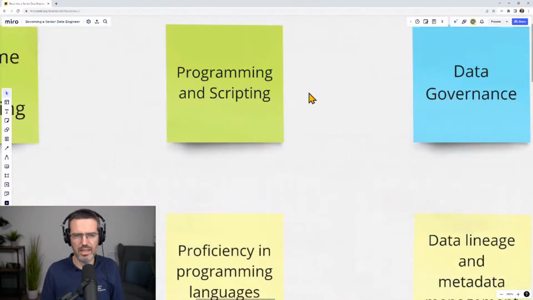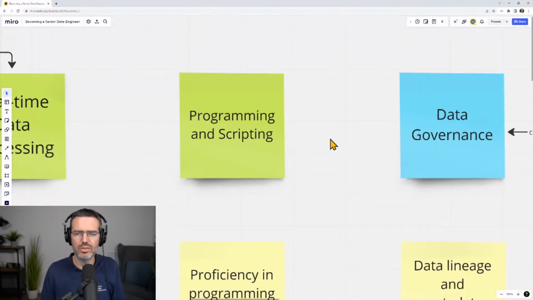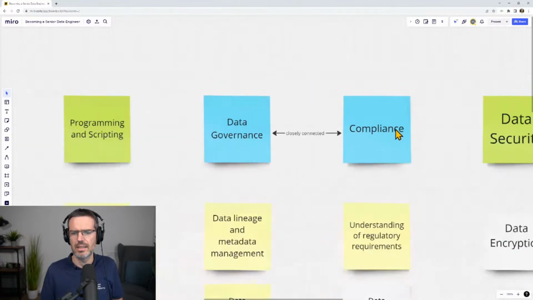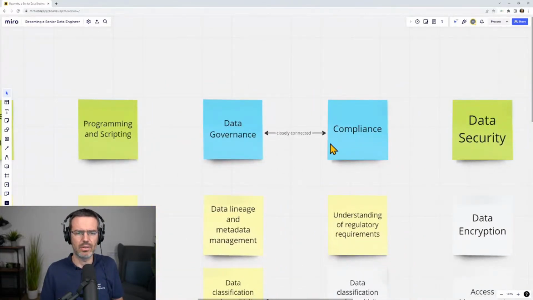Of course, coding is a big topic for senior engineers. Then what I found very important, compliance and governance, which are closely connected, to figure out: are we allowed to process that data, and what can we do with the data, and so on.